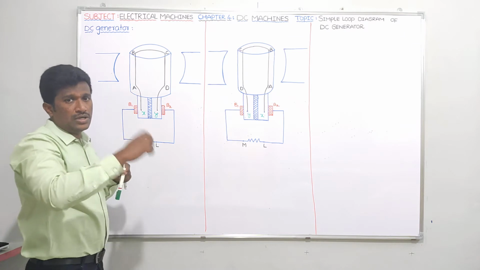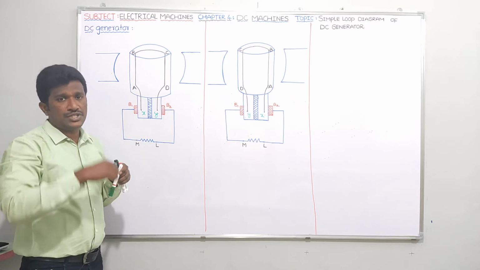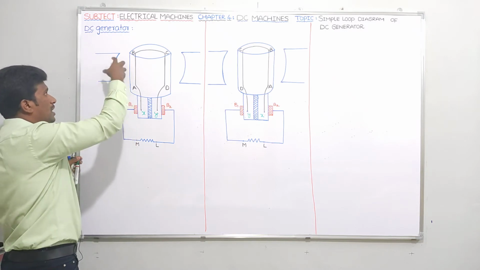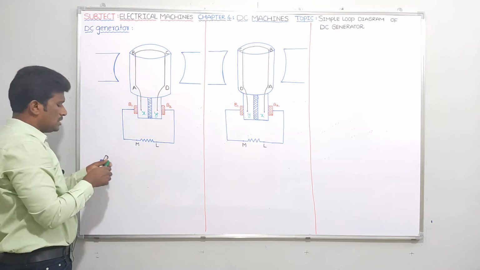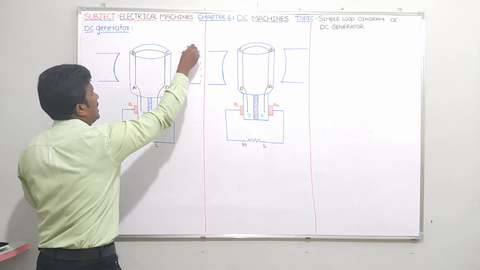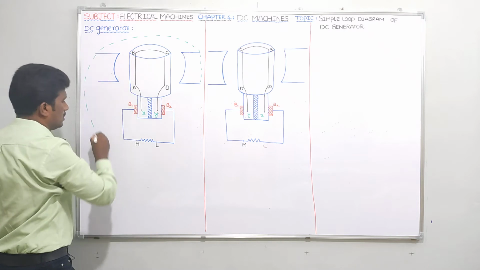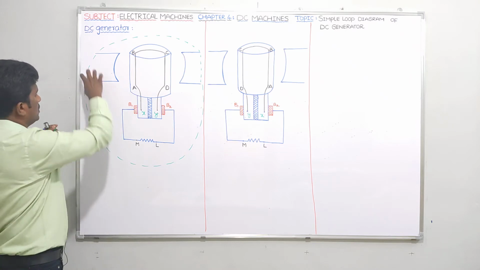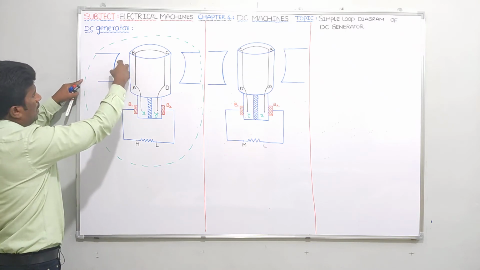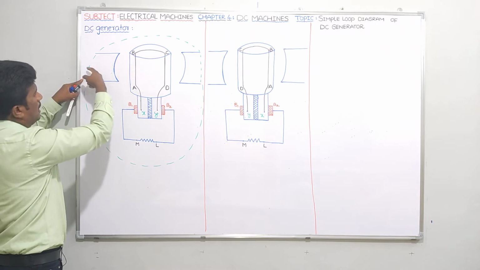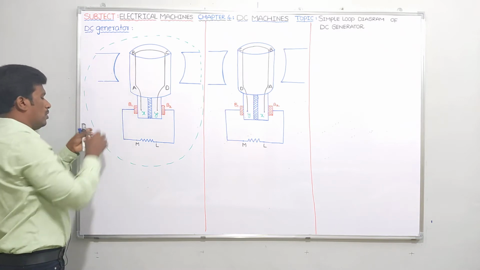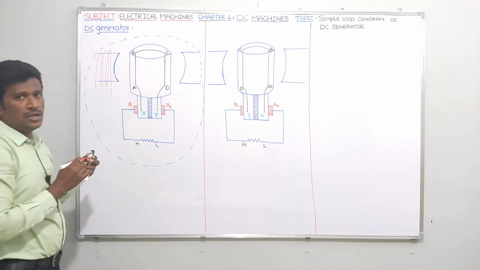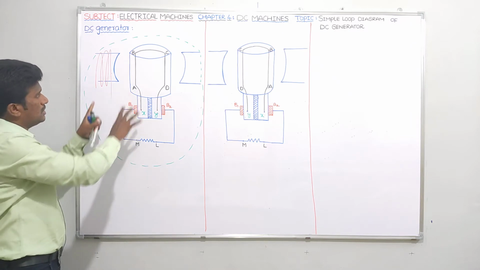You know, the rotor is nothing but the rotating part, whereas the stator is the stationary portion. So see guys, on this stator we have field poles attached. This entire thing can be taken as a DC generator, for your understanding. On this stator we are placing the field poles, and on these field poles we place the field winding, like this. Is it clear? For your understanding I'm just saying it like this.